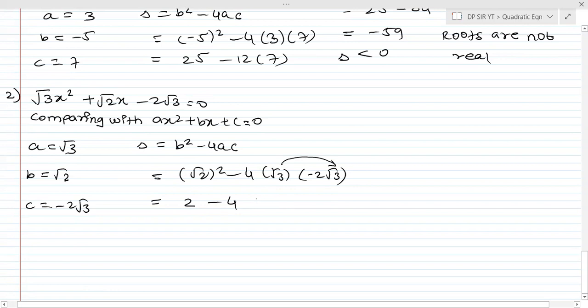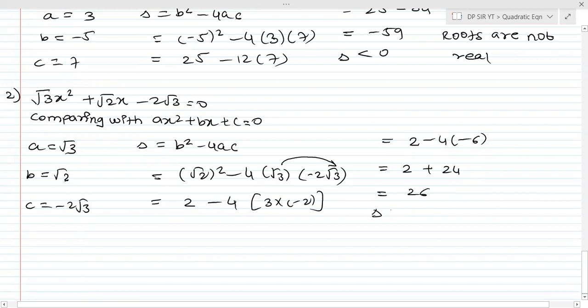3 into minus 2 है क्या? Am I confusing you all or what? So it's going to be 2 minus 4. रुक जाओ. Here it's going to be 2 minus 4 of minus 6, if I'm not wrong. So it's going to be 2 plus 24 क्या? एक मिनट रुक जाओ. हाँ, plus 24 ही आएगा. Please cross check the answer. So 2 plus 24, it's going to be 26.